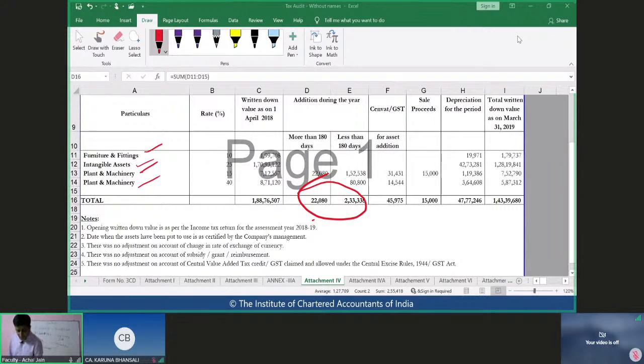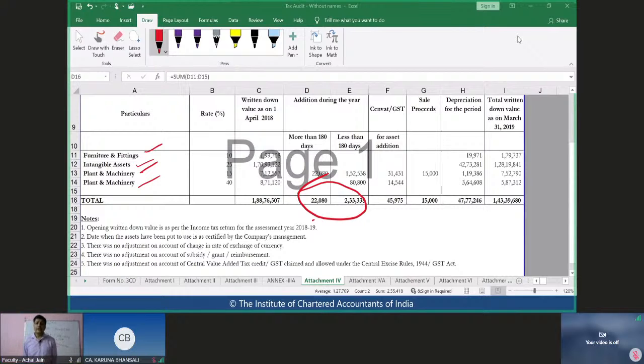If I have to think about those additional procedures, some of the procedures which come to my mind is first about checking whether all of these additions are going under the right head or not. Because the categories under income tax and the categories under the Companies Act or the financial statements are different or could be different. So the classification problem may arise, which will have to be checked by the auditor. Number one.